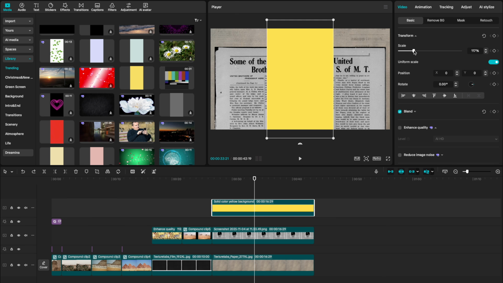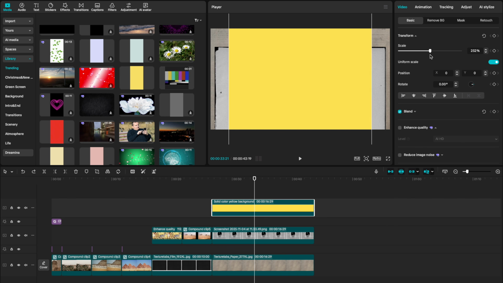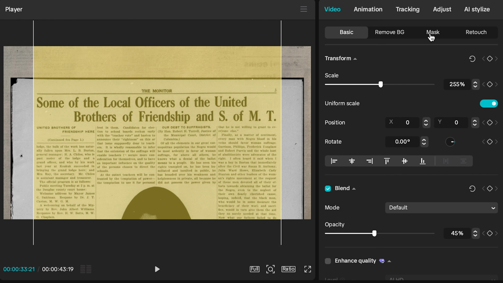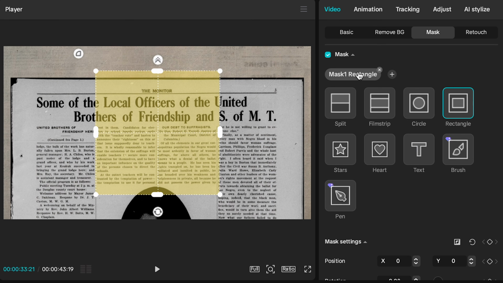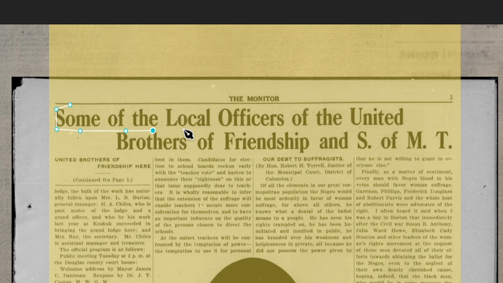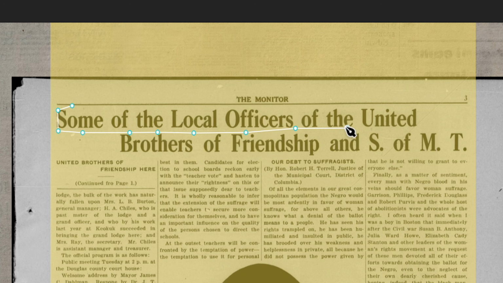I'm going to increase the scale of that yellow background so that it covers the words I want to highlight. Go to Blend and turn that down to 50%. Then, still selected on your yellow background, go to Mask, Add Mask, and select the pen tool. We can then drag around the words that we want to highlight. And don't worry about making straight lines, because the more jaggedy your lines are, the more realistic your highlight effect